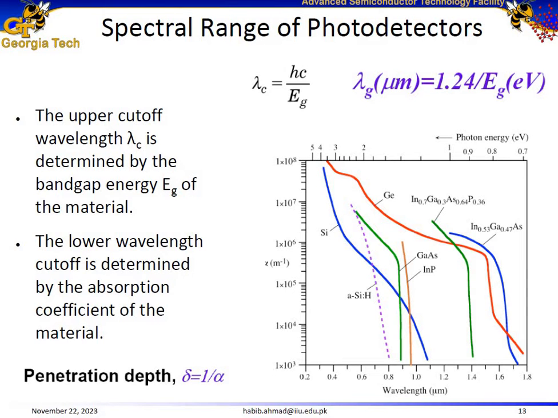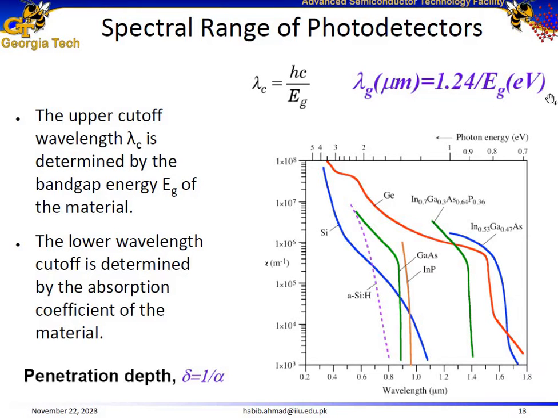To answer that, let us focus on this simple equation. Our upper cutoff wavelength is calculated using this simple equation: lambda, the upper cutoff wavelength, is equal to hc divided by the band gap of the semiconductor, where h is Planck's constant and c is the speed of light. So our wavelength corresponding to this band gap in micrometers would be equal to 1.24 divided by the band gap